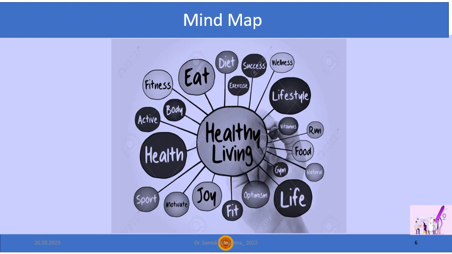So each of these branches can be further expanded with specific practices, tips or subtopics, and they can be directly or indirectly related to healthy lifestyles. So the mind map, in a nutshell, illustrates how different aspects of a healthy lifestyle in this regard are interconnected and contribute to overall